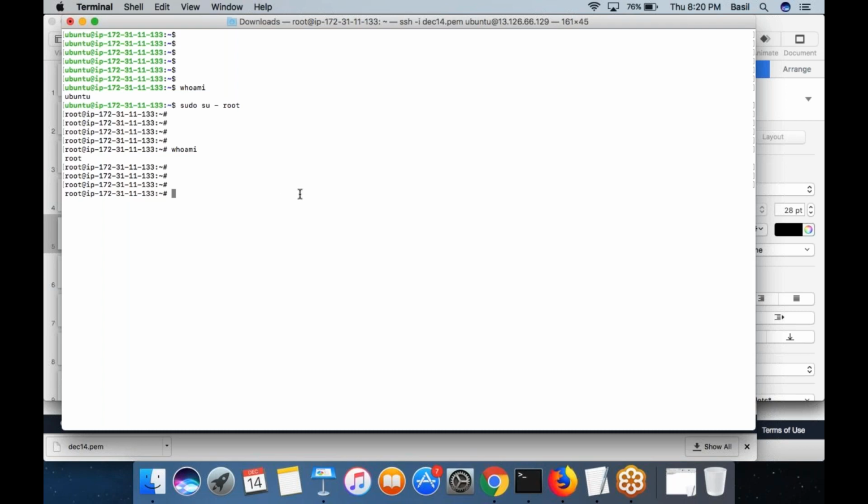Now what I'm going to do is talk about how the file system is configured in Linux. In case of Windows, how would you see your files and folders? You go ahead, click on My Computer, you can see different drives, C drive, E drive, D drive, right? Then double click on one of the drives, you can see the files and folders inside that. Again, double click on some folders, you can again see the subfolders and files and everything. So it's like a tree.